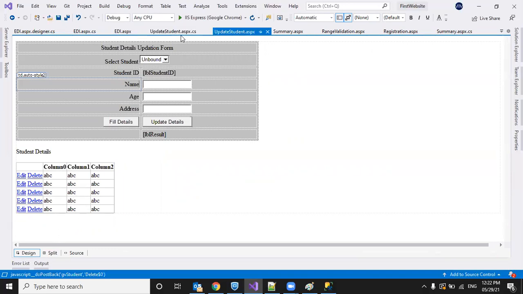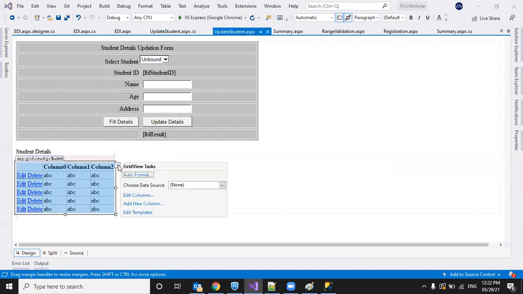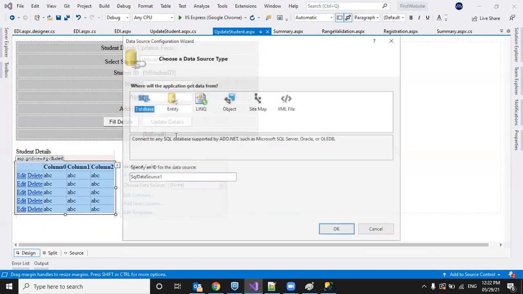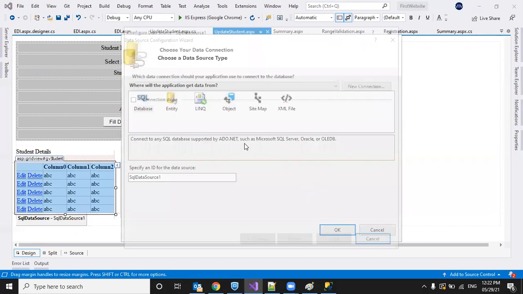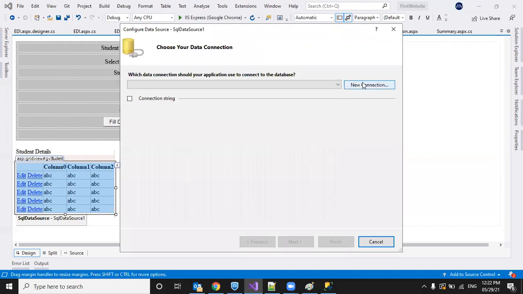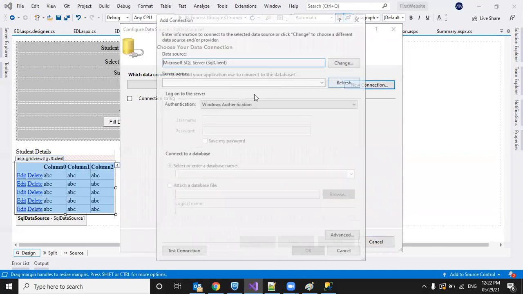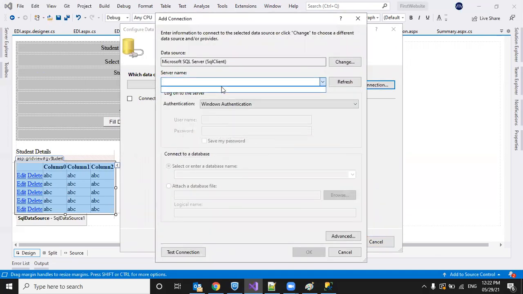So today what we did: we took a grid view control and we set a data source. Here we gave the server name, username and password, so it fetched the database, and we selected a table which we want to display in the grid view.